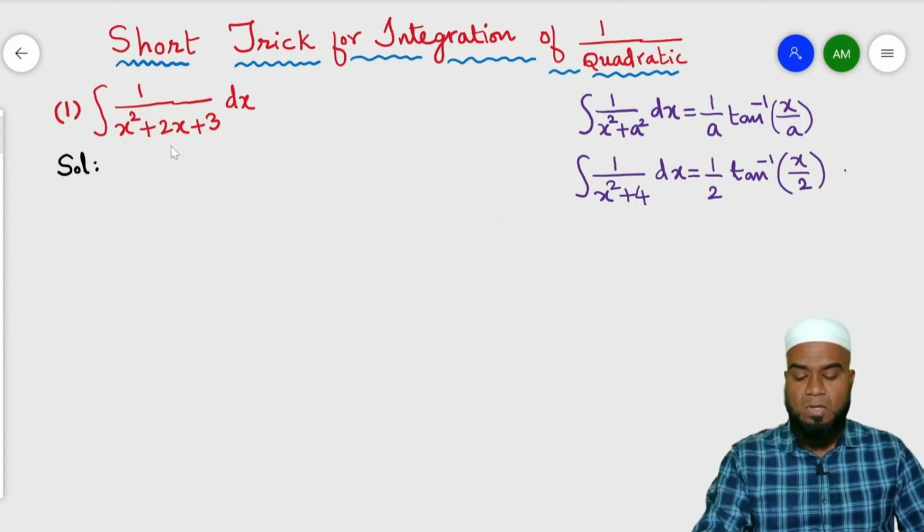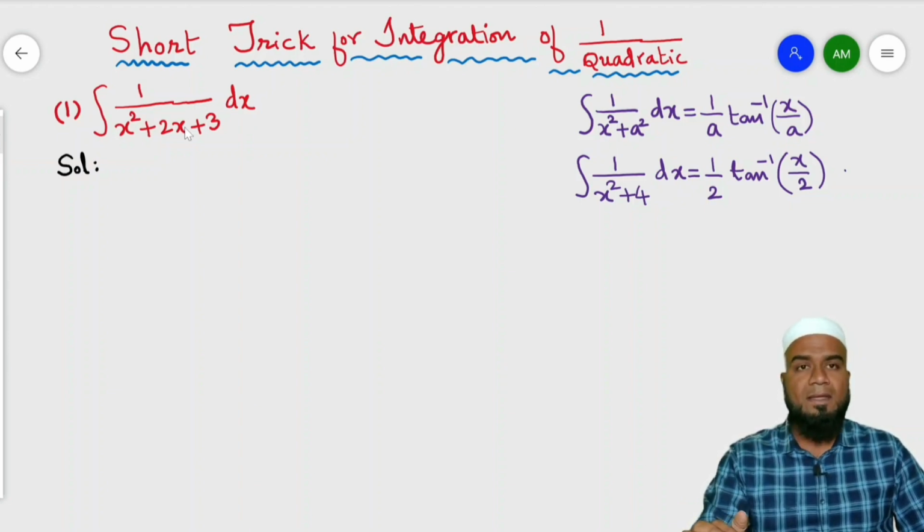So if we want to solve this integral by using this formula, then we have to write a perfect square. We have to make this as x plus 1 whole square, then whatever is remaining should be written, right. We have to compensate and apply this formula. That is the conventional way. But because here I have considered a simple quadratic, converting this into a perfect square is easy. But in the next question, if I consider a tough quadratic, then it is not easy to convert that into a perfect square. So for this we have a small trick that I am going to discuss.